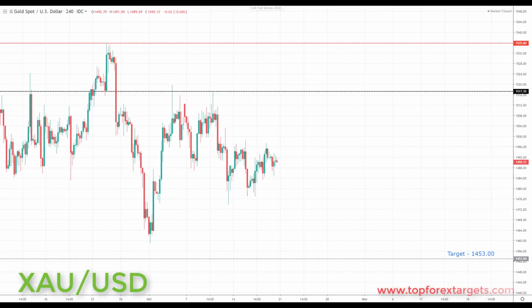And last but not least, we have gold. Now, structurally, we are looking at this for a pullback, as we discussed last week, towards the 1517.30, as it is still technically structured to the downside, and we'll be looking for structurally further declines to the downside towards the 1453.00. You will notice, however, that gold here is paired with the dollar, and so any declines in gold would be against the dollar. If we are looking next week at having a weaker dollar once again, you may see gold just remain in a very choppy corrective zone like we've been seeing over the last week.